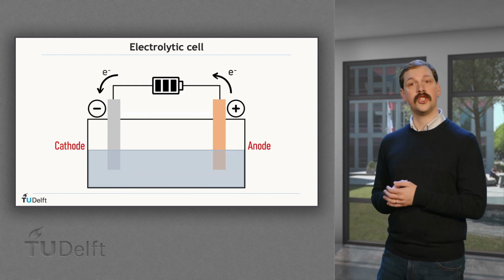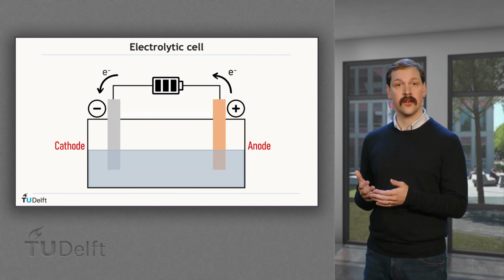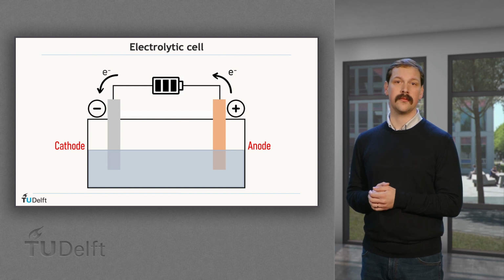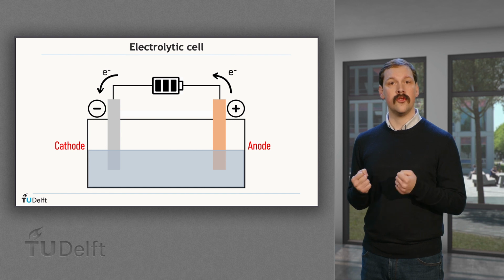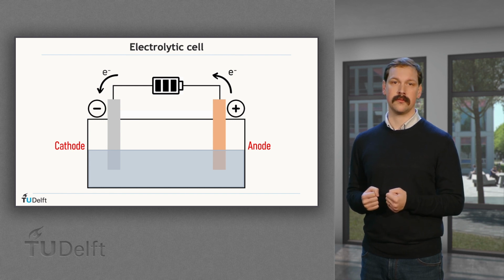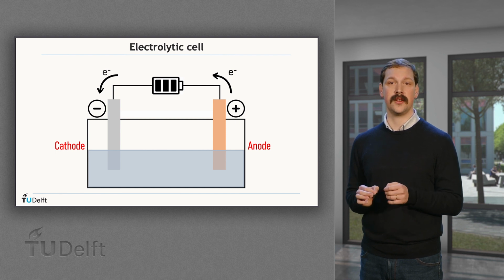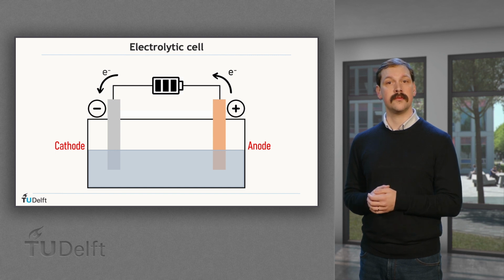If instead of generating electricity, we are using it, we have an electrolytic cell. In this case, we are using electricity to cause a non-spontaneous chemical reaction. Electrolytic cells are used for electroplating, the process of covering a metal with a very thin layer of another metal. This is used, for example, in the production of jewelry. Note that the name for cathode and anode are switched, since the anode is always the electrode from where electrons